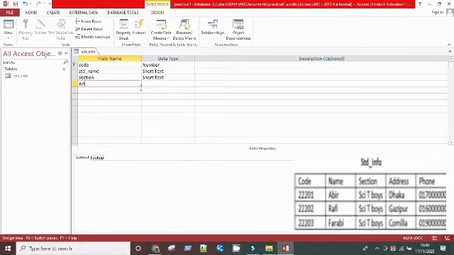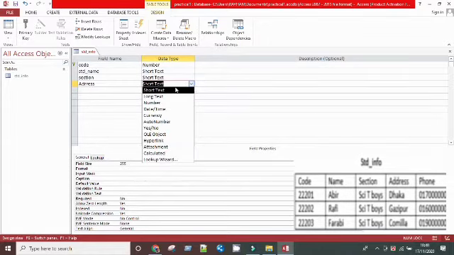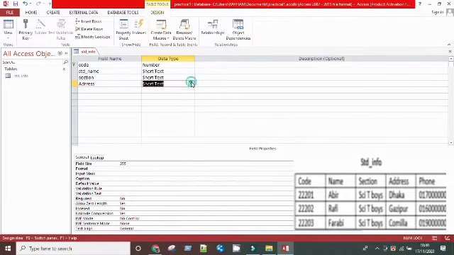Next I use another field, address. Address is also text data type. Here I can use short text or long text, but here I use long text.